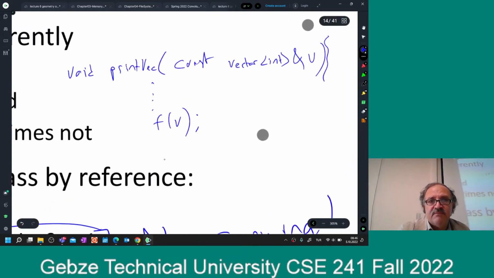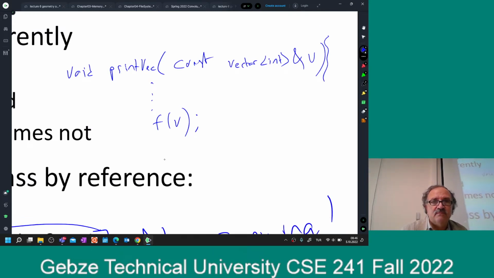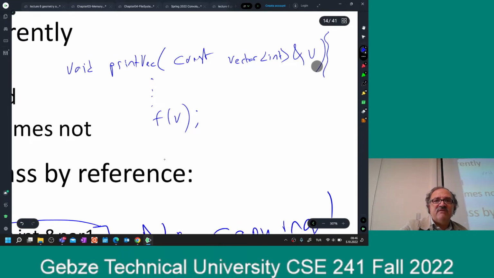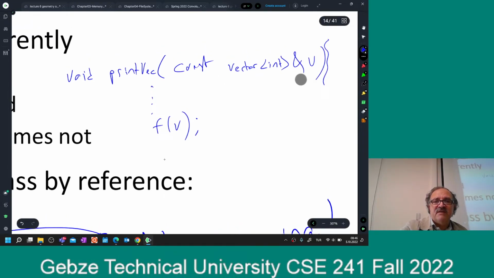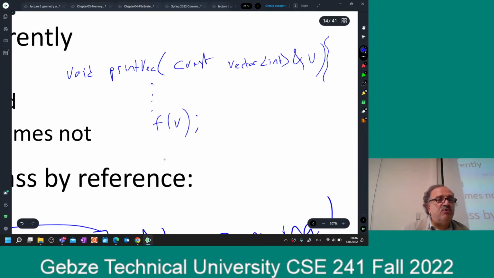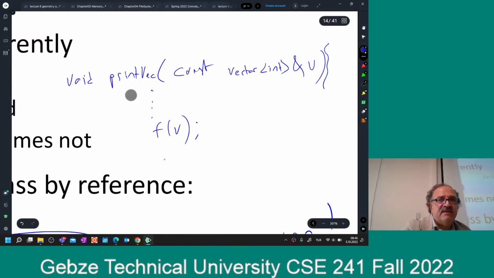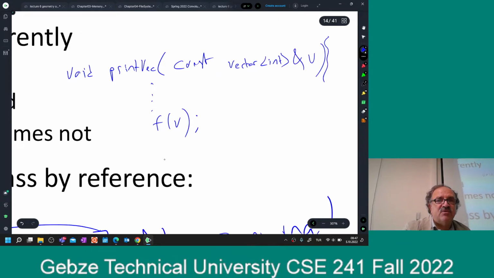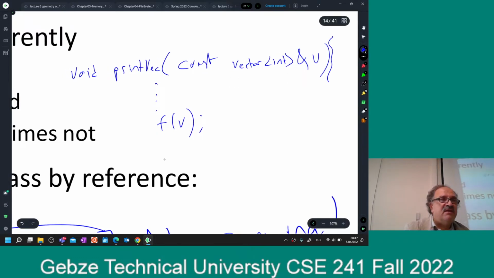Here is an example. I am saying that I am getting this integer vector v by reference, but I promise that I will not modify that v. All I am going to do is just access the elements of that v, nothing else. So this printVec makes this promise. This is constant. So calling this printVec is fast. Why? Because it is not copying this whole vector. If this vector is of size 1000,